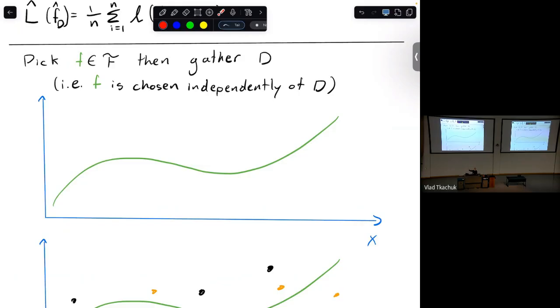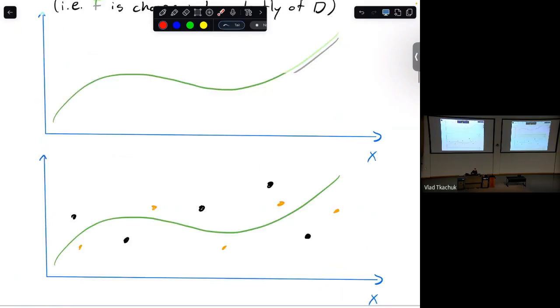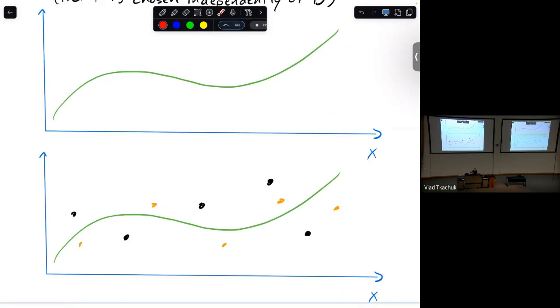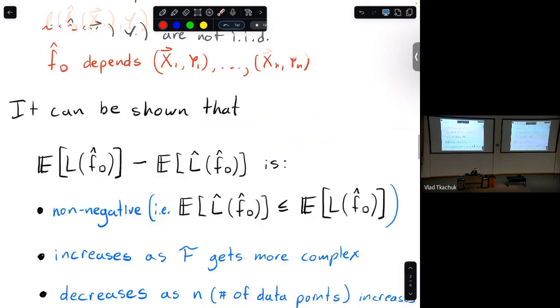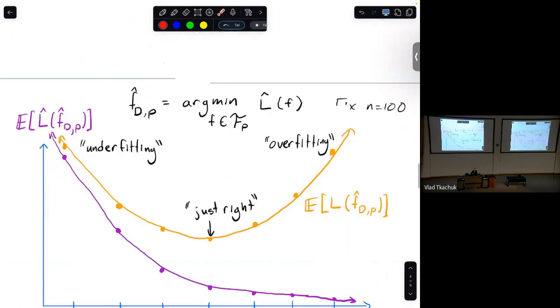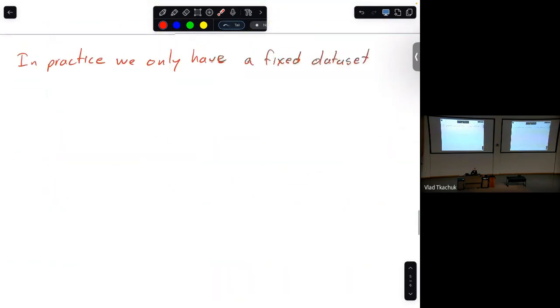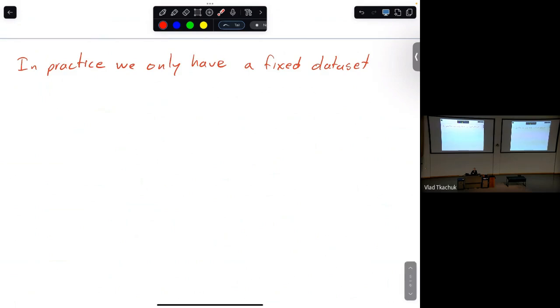Well, you go and gather new data in exactly this way, and you see how it's going to fit. But that new data, notice, is completely independent of your choice of your predictor, right? This is completely new data. And we're going to give this new data an obvious name. It's going to be the data we use to test the quality of our predictor. And the data we use to choose our predictor is the data we use to train our predictor. You've probably heard of these terms a lot, and we finally get to it, which is the idea to solve this problem, if we only have a fixed data set,